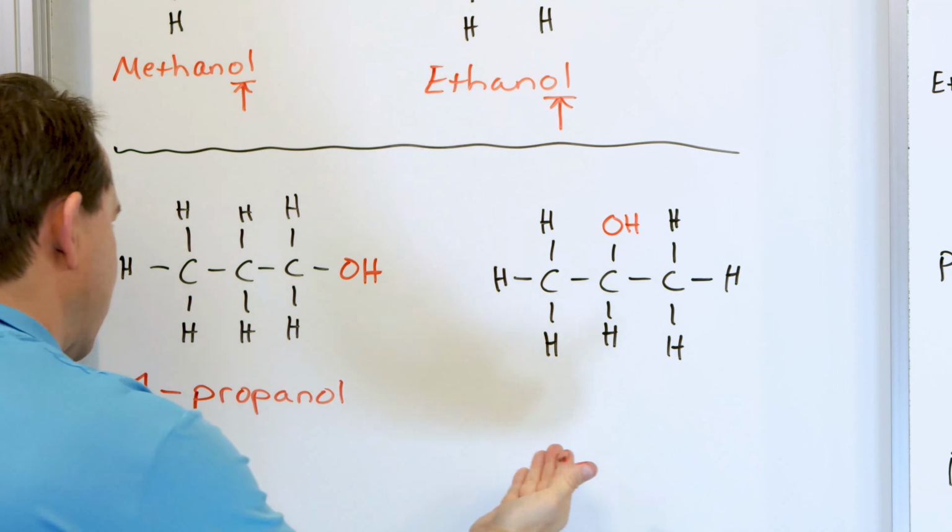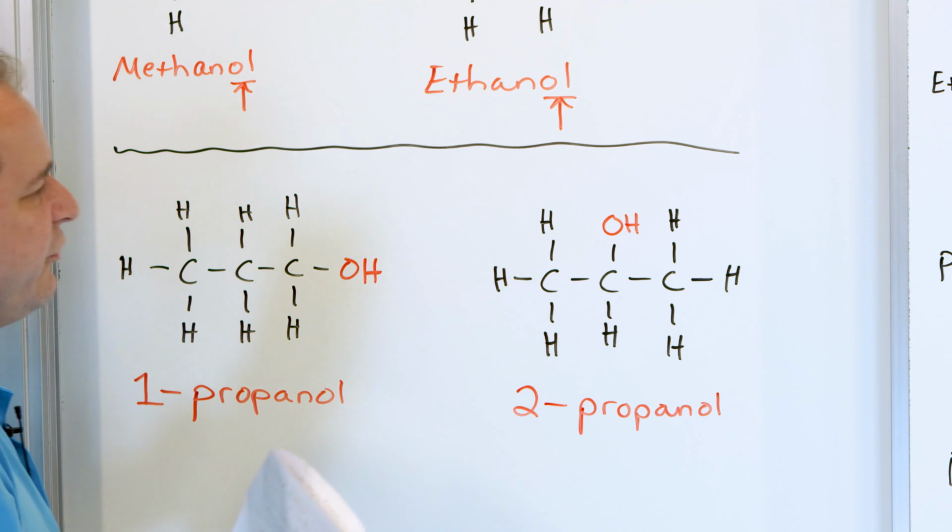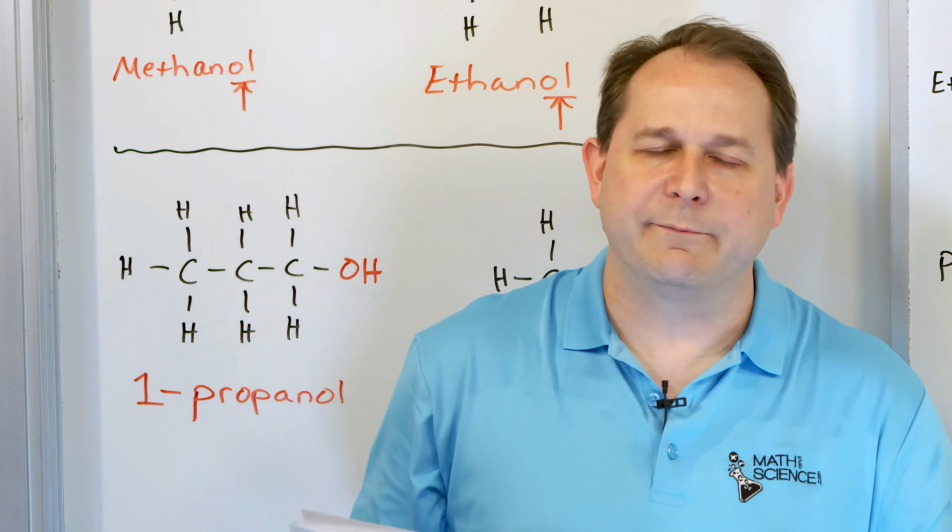And that tells us that it's still propanol, but the alcohol group is connected to the center carbon, which is the number 2 in the chain. So you number the carbons in the chain, and this would be the number 2. Now, I'm not going to go beyond this because this is just an introductory lesson. But when you have much longer chains, like octane, that's 8 carbons, and you hung an alcohol on the 4th one, then it's not going to be 1 or 2, it's going to be number 4